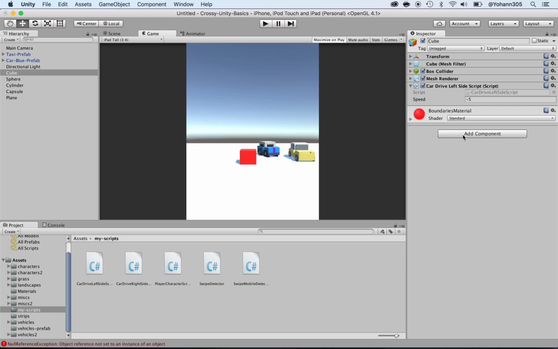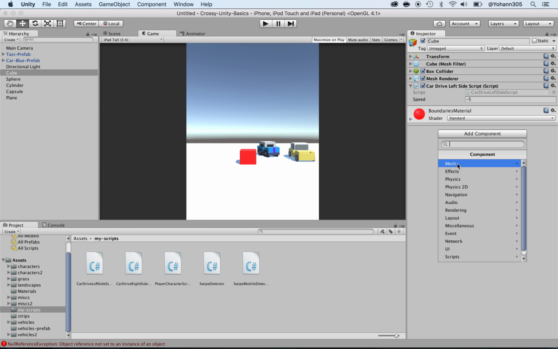Now, there are plenty of components you can add, and you can go ahead and just take a look at them. I'm not going to go into all the details, but know that some of them are for physics, to make them simulate physics like gravity and explosions and things like this. Audio, if you want any sound, like if you wanted to play music or play a sound when the cube is moving. You can also add events. So when something reaches a certain place, you can make something happen. You can add a mesh, special effects like lens flares and trail renderer and things like this. So there's plenty of different